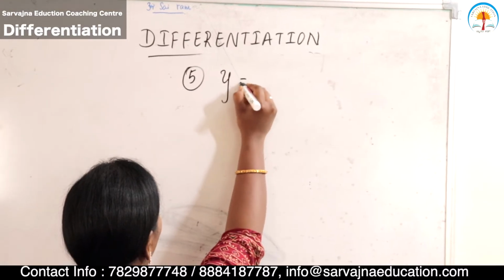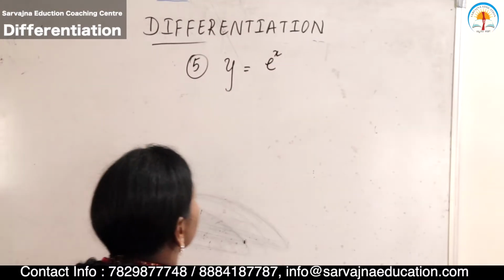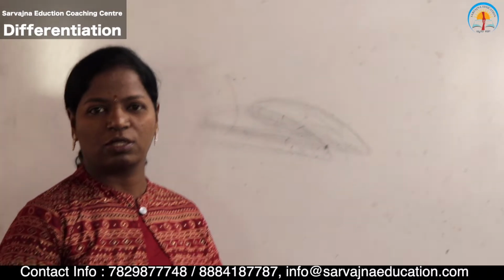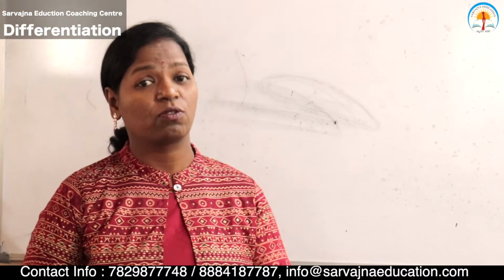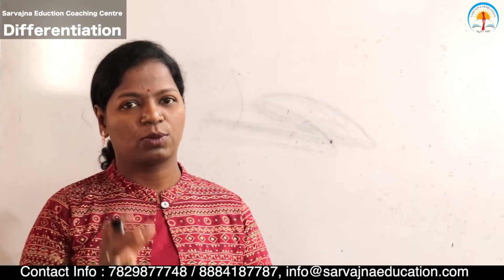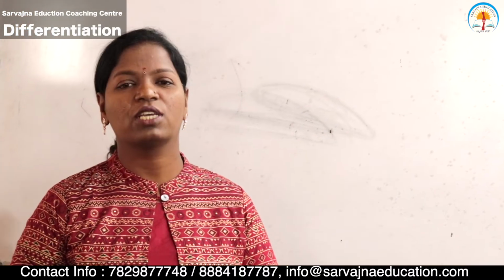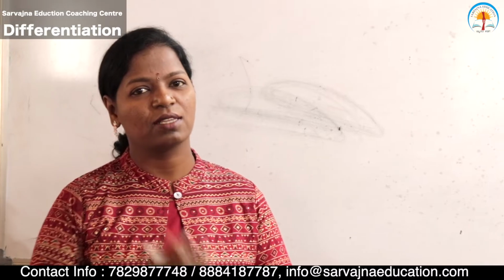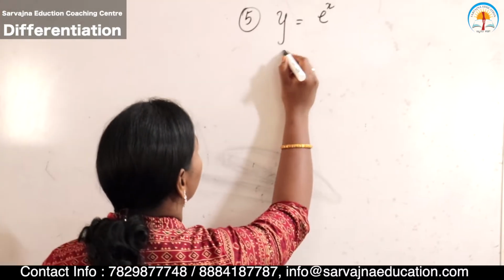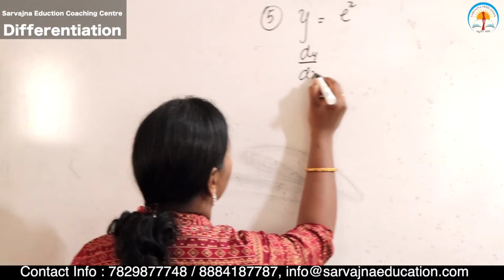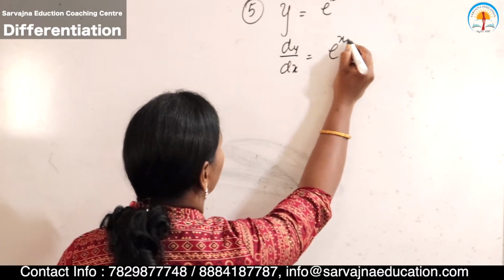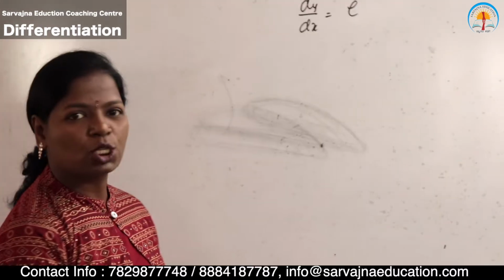y is equal to e power x. e power x is nothing but an exponential function. See, the power is also x, so the function is x here. So you have to do the differentiation. The differentiation of e power x is e power x. Very easy. dy by dx is equal to e power x only. Next, sixth one,